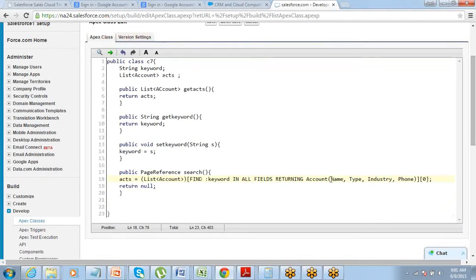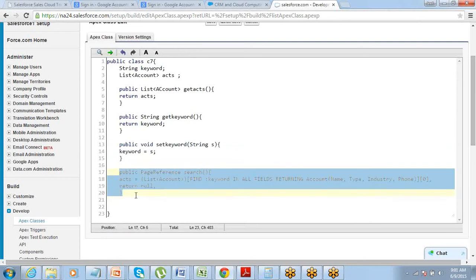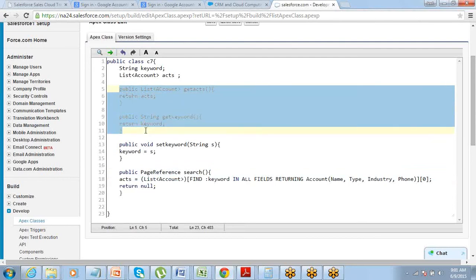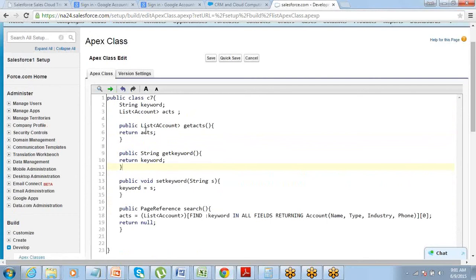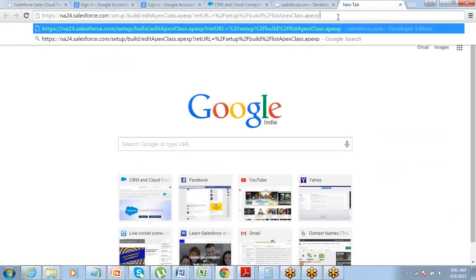Okay, that's it. So this method will let me set the value for the keyword. This method will search for the value, right? And these are just get methods on the page. That's it. So my entire page is almost ready. The logic for the page is ready. All that I have to do is go ahead and